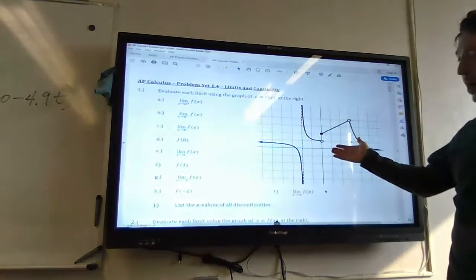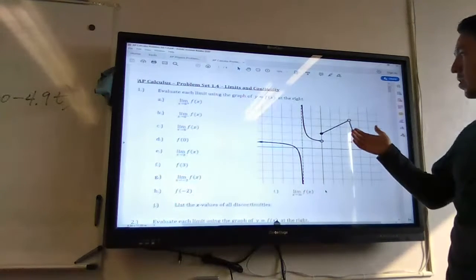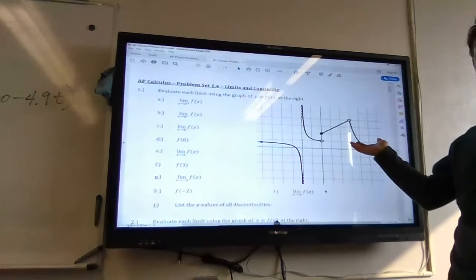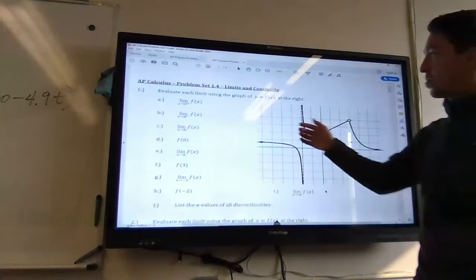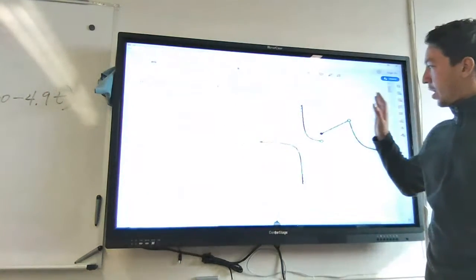Looking at this graph then, as we're approaching 0 from the right, what are the f of x values approaching? What's the answer? 2. So the answer to this one is 2. Because imagine